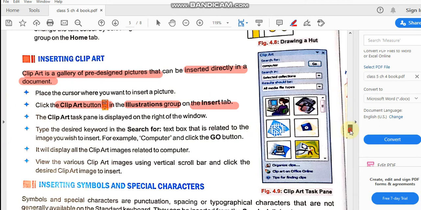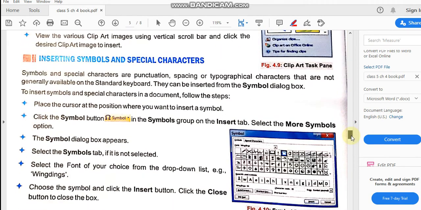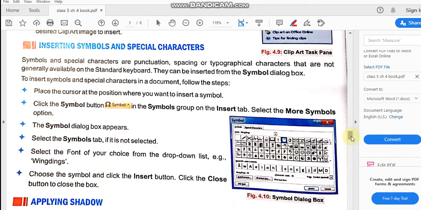So next is inserting symbols and special characters. Symbols and special characters are the punctuations, spacing and typographical characters that are not available on the keyboard. Some kinds of symbols which are not available on the keyboard can be found in the symbol dialog box. How to get it? By clicking on the insert tab, symbols group.